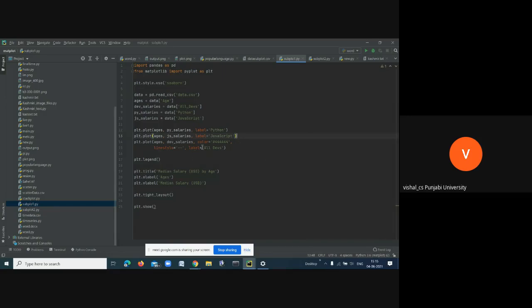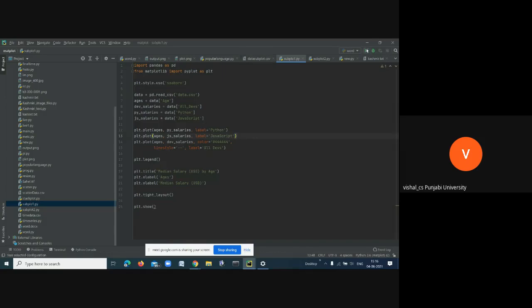It will give us three different plots, sir, plots or lines, line charts. Yes, with this we can draw 3 lines. Simply, if we use 4 plots, we can draw 4 lines.